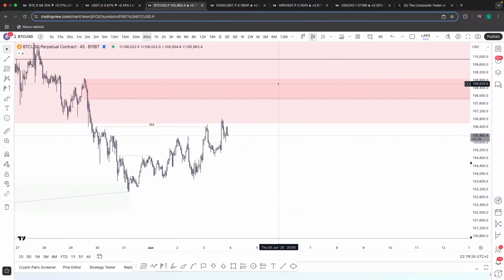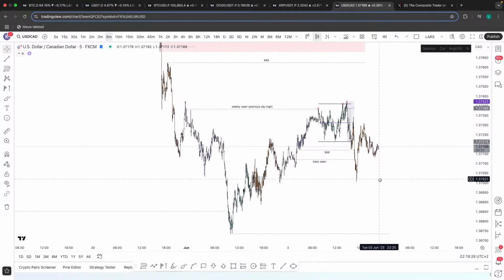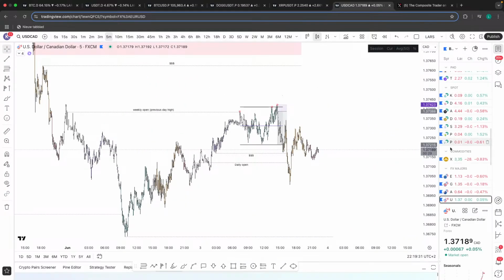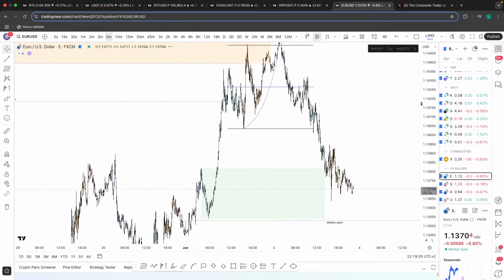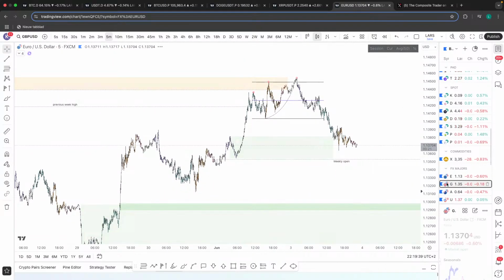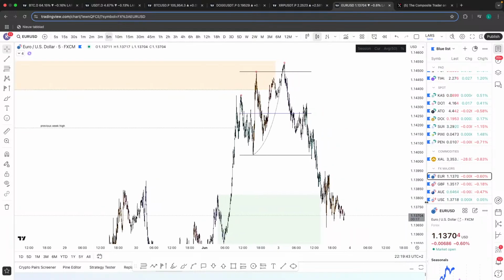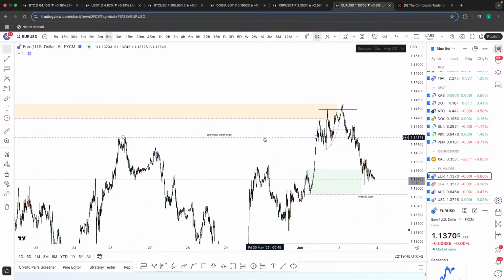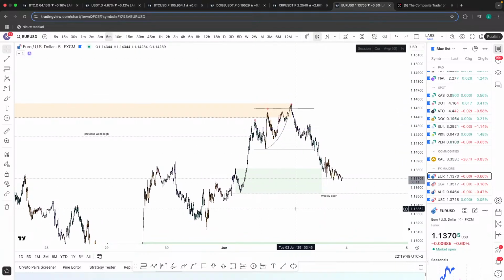On the other hand, though, Forex is slowly coming back. It's very interesting to see the market reacting so differently the moment the month of June started, truly. Like you can see right here, we're coming into an obvious liquidity level at the highs. This yellow box is just a fair value gap, in case anyone was wondering.